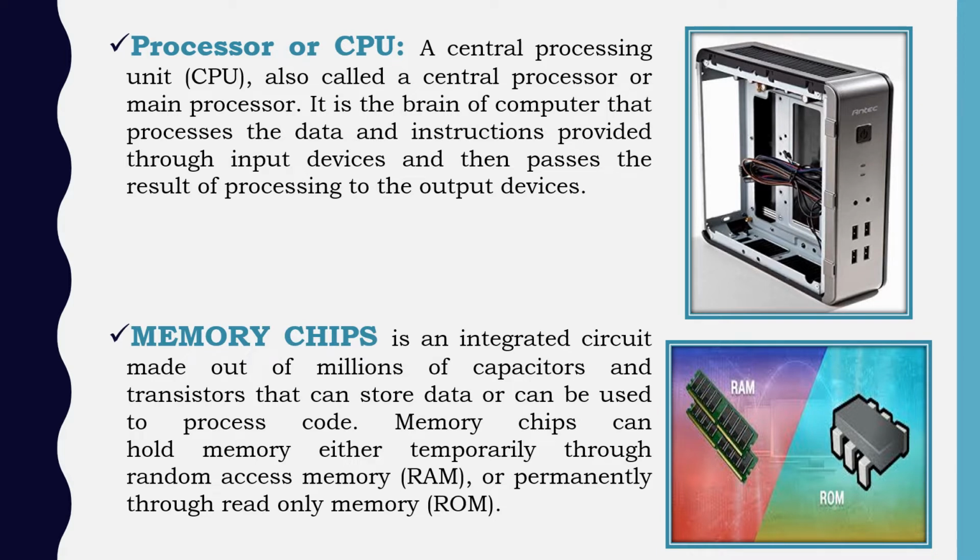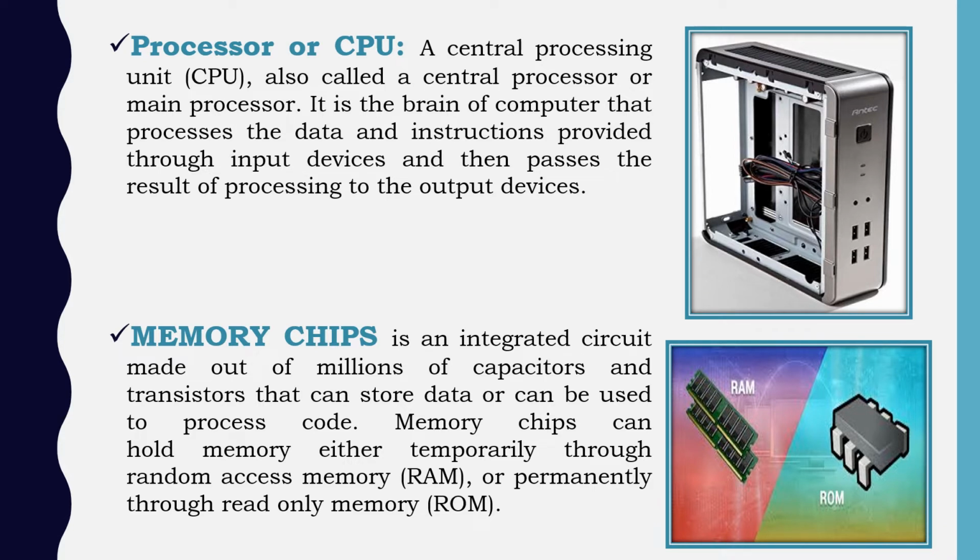The next component is memory chips. Memory chips present on the motherboard can be of two types, that is RAM and ROM. RAM stands for Random Access Memory. It is placed in the form of a chip on the motherboard. It is a read-write memory. RAM is volatile memory. It means it retains the stored information as long as the power is switched on. Whenever the power supply is switched off, the information in the RAM is lost.